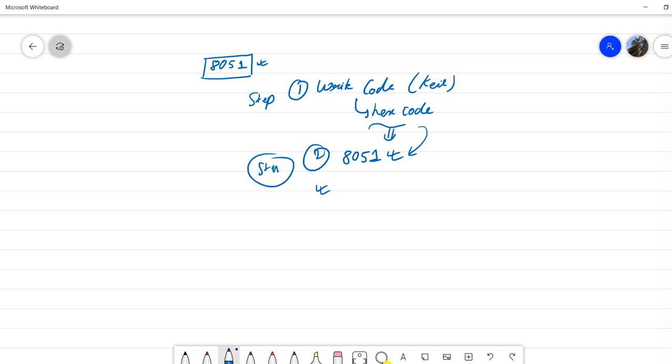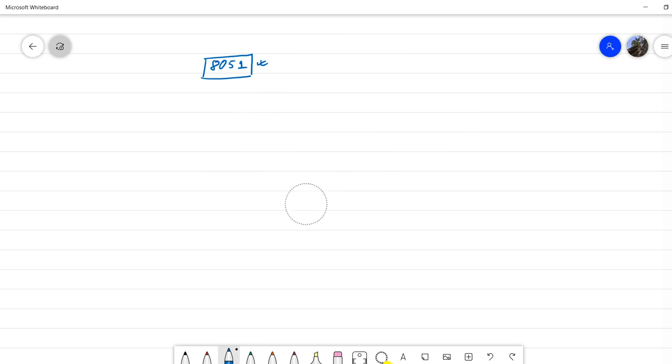Since we have to generate the square wave, we have to fix a frequency at which we generate the wave. The frequency given to us is 50 kilohertz, meaning we are going to generate a square wave of 50 kilohertz.